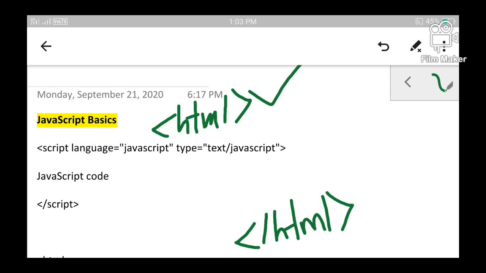This is an opening tag, whereas this is a closing tag. All the code enclosed within <html> and </html> makes up the HTML section.